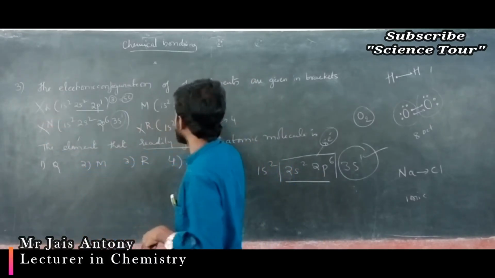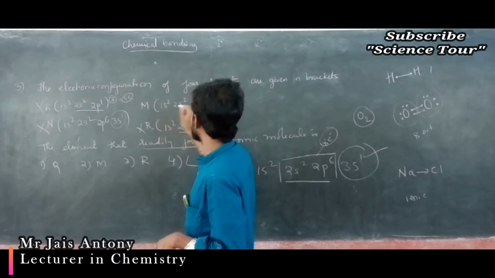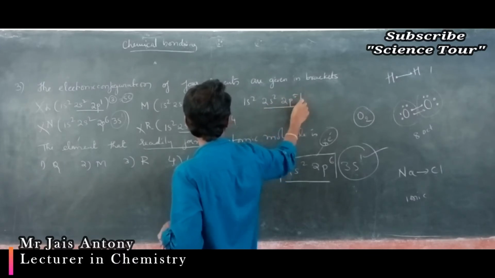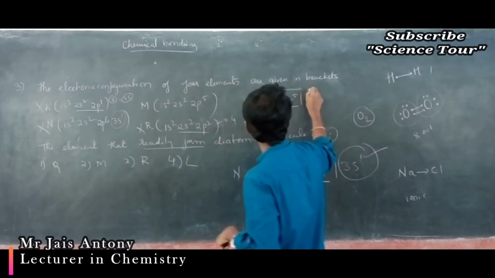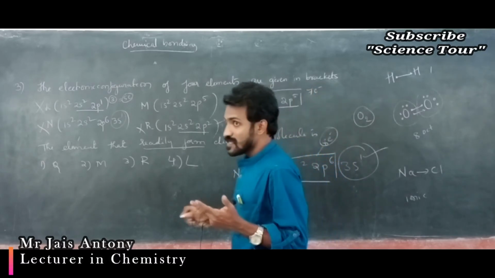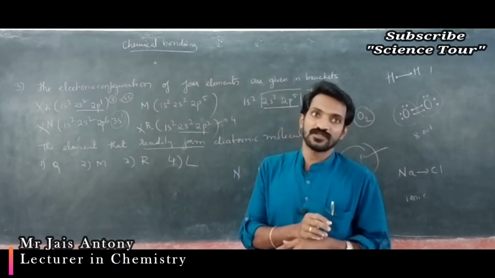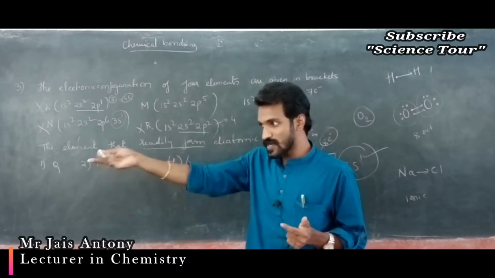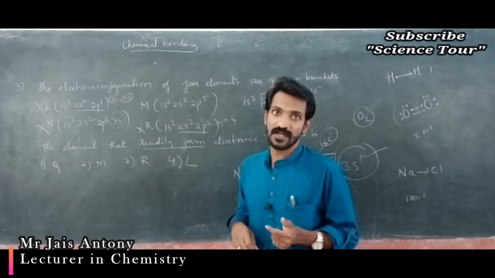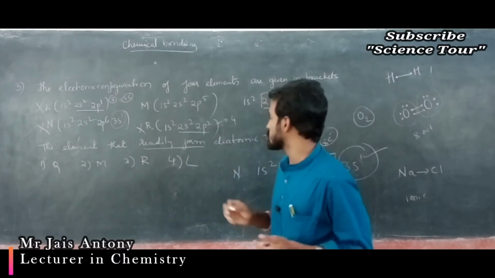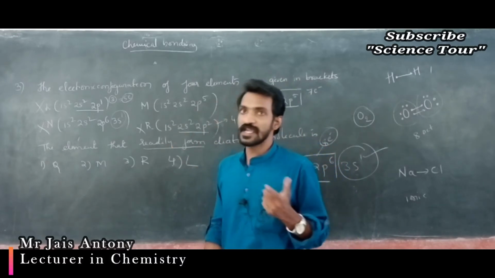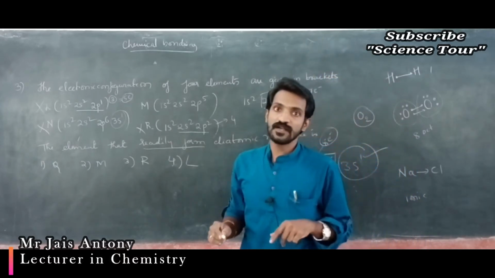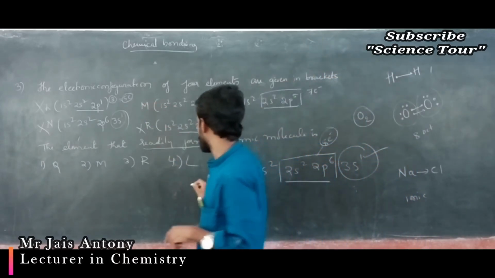But here in this case, M is, you check my dear students, 1s2, 2s2, 2p5. That means total valence electrons present in this one is 5 plus 2, 7 electrons. So what happens? It accepts 1 electron. Sharing of electrons takes place in this particular case, correct? Yes, because 7 electrons are there, 1 more electron is accepted, so it forms a diatomic molecule. So this is the correct answer. Answer is M.